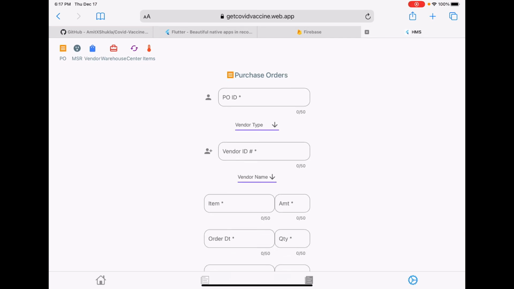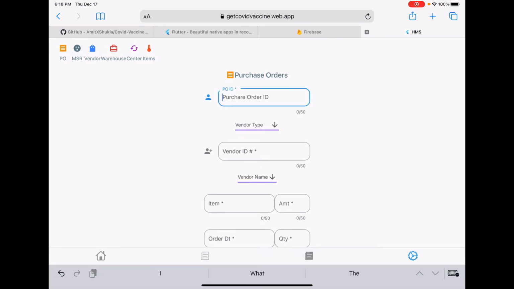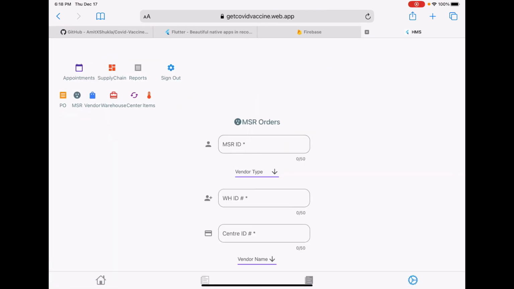Now, for example, how do you get a vaccine? You create a purchase order. You say, okay, from this vendor, I want to buy this particular vaccine. So here you raise the demand. The warehouse is saying, I created a purchase order for this vendor and I need these many quantities of the particular vaccine in my area. So this is the intent of the purchase order. Again, you can update, add and delete more information as per your business requirement.